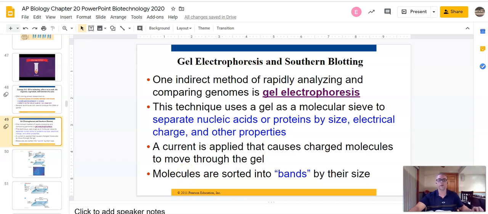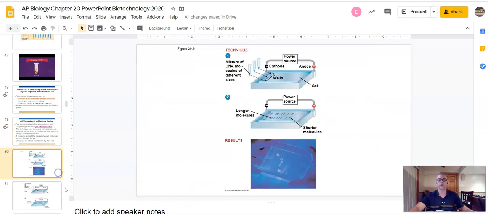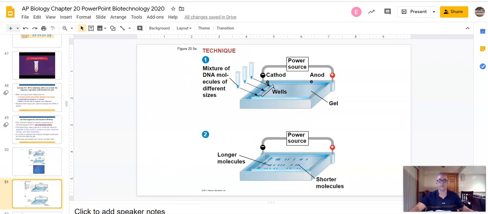And as the molecules are going to move based on an electrical charge, what we're going to find is that molecules that tend to be smaller are going to get less resistance, and they're going to move a further distance. And the molecules that are going to be larger are going to feel a greater resistance. So if we look at this picture right here, in fact, let's zoom in on this one right here,